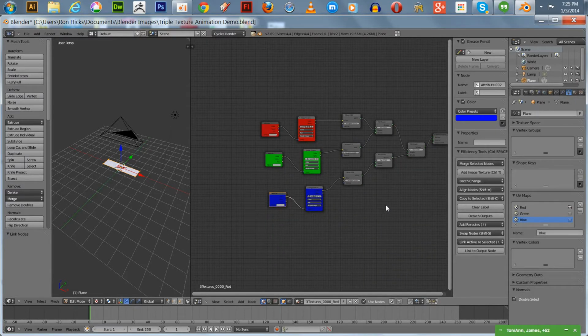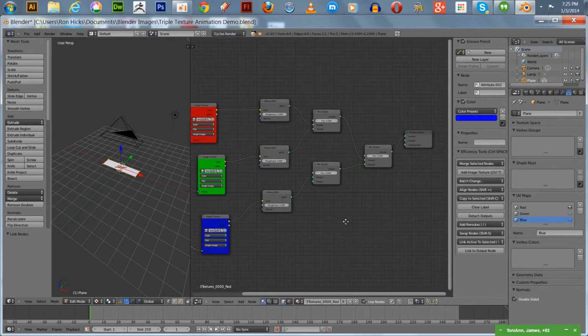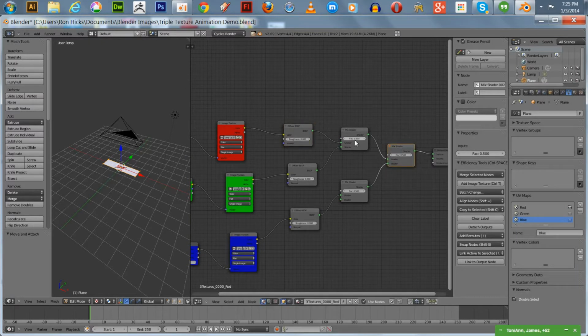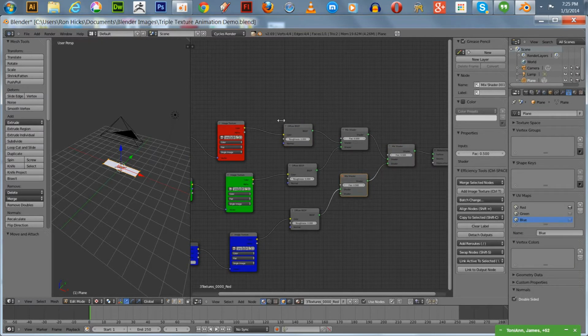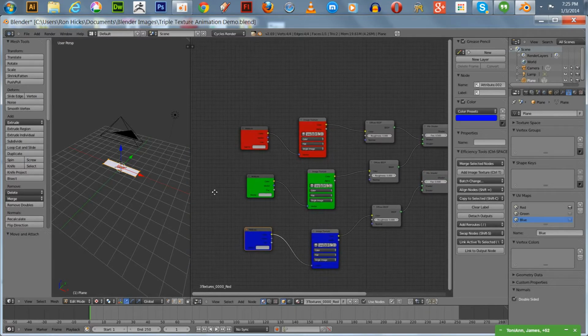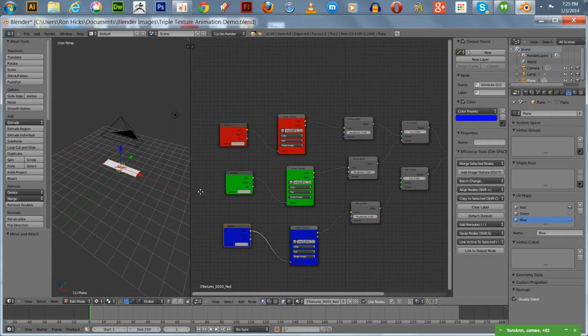Alright, so I've seen worse node maps. Now this one's pretty simple. I've seen some pretty complex ones. Probably the most complex one I've made so far. But anyway,